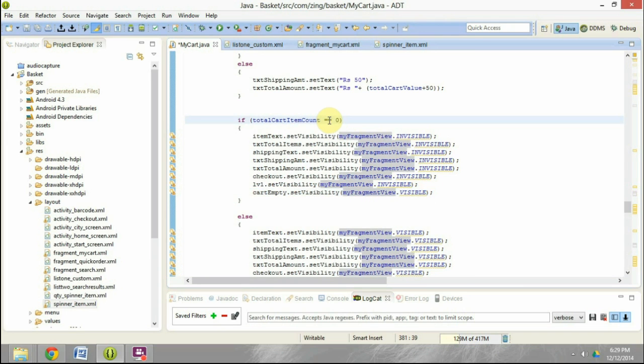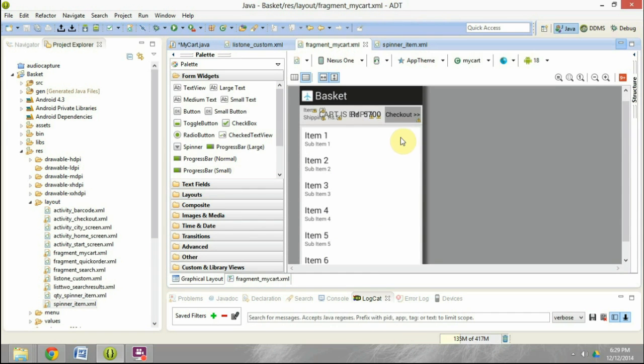Now, why are we putting this piece of code again here? The reason is that it is quite possible that if there are, say, 3 items in the cart, the user presses the delete button for all the 3 items, in which case the cart becomes empty. So now it should also update accordingly. The summary should get hidden and cart is empty should get displayed.